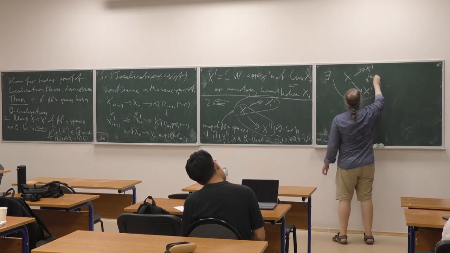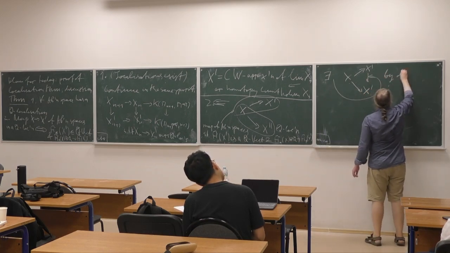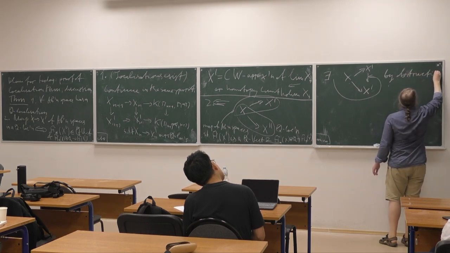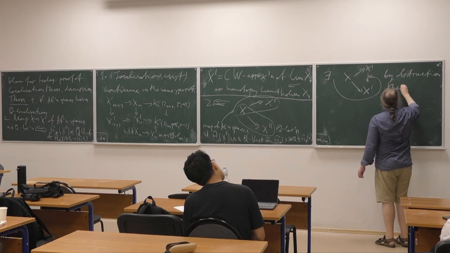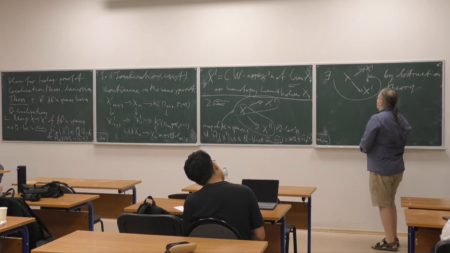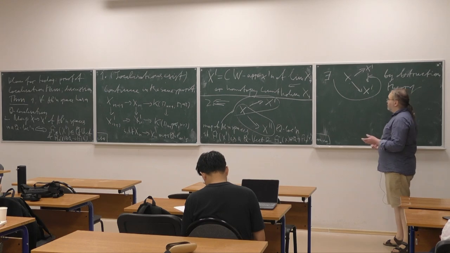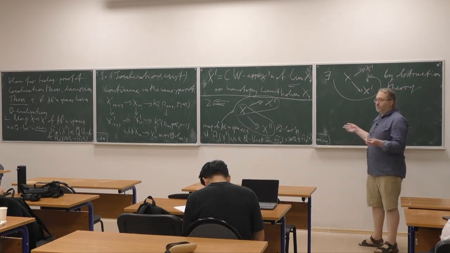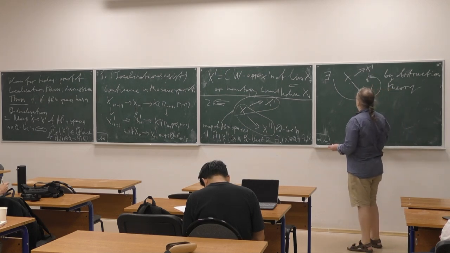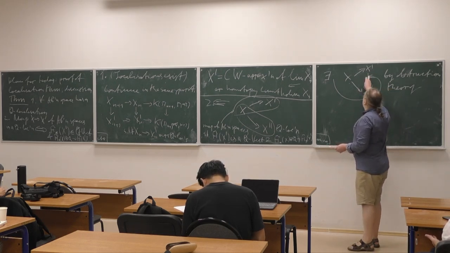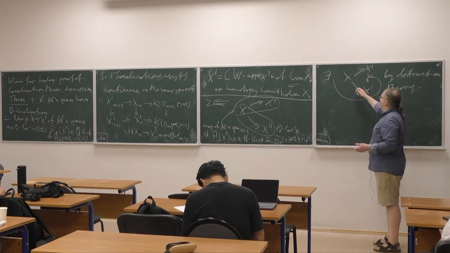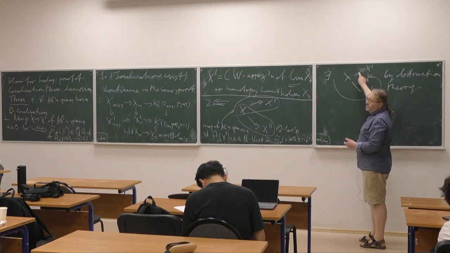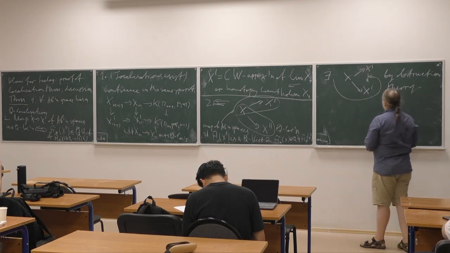So there exists this map by obstruction theory. Well, the trick is exactly the same as the one we've just used, namely we have this map, and there are no obstructions to lifting it to this space, and